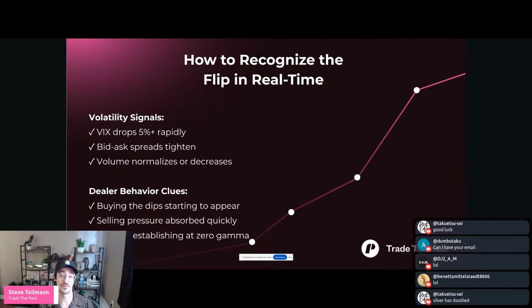We're going to be seeing more volume on the green push up out of the higher low than we are on the red push down from the previous push up. What else? We want to see that support establishing at the zero gamma level, and the selling pressure wants to be absorbed